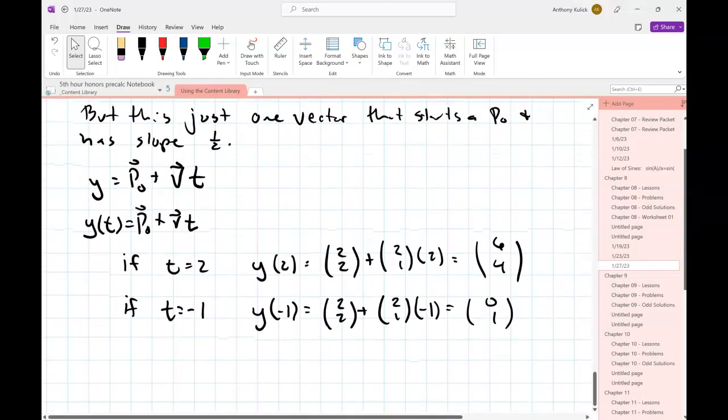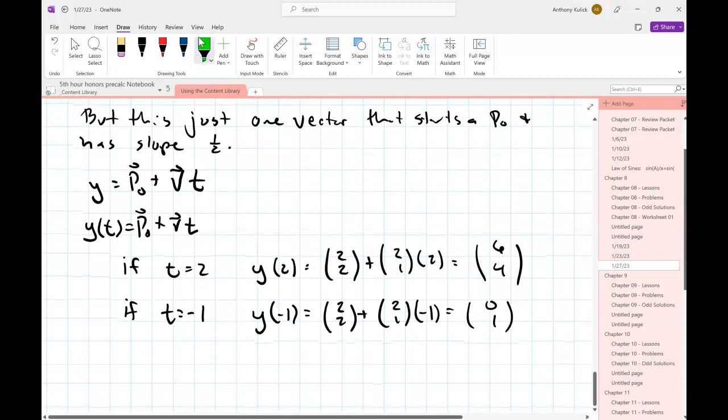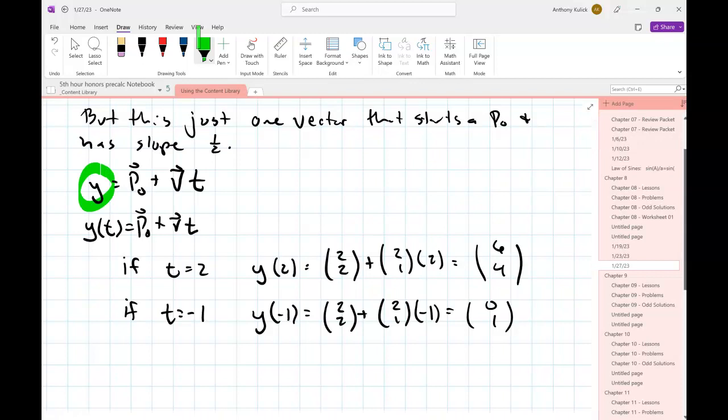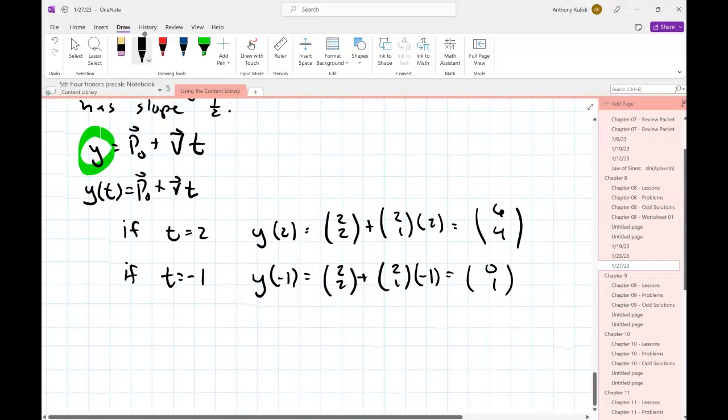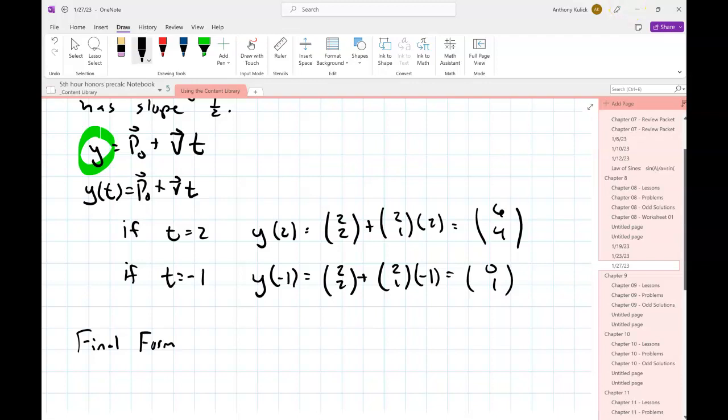Now, the last thing is more of a notational thing than anything else. P naught, a vector, plus a scalar times a vector needs to be another vector. We've written it as a variable still. So we need to just turn this into a vector. So the final form, the way we write this is